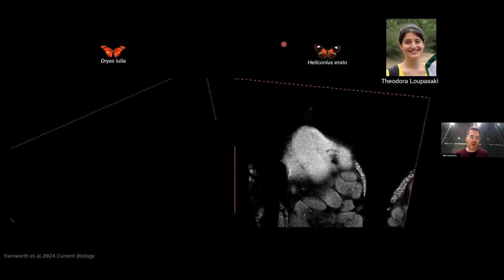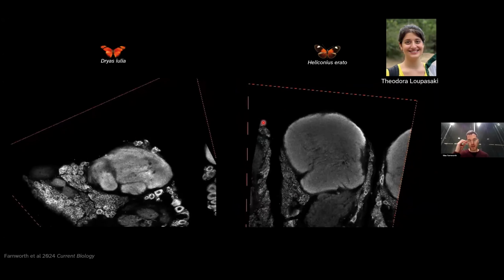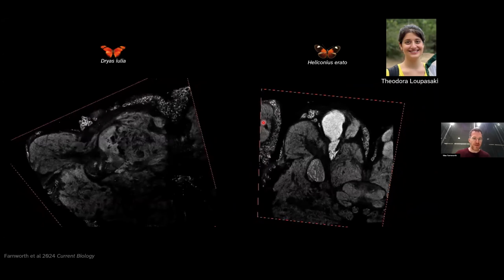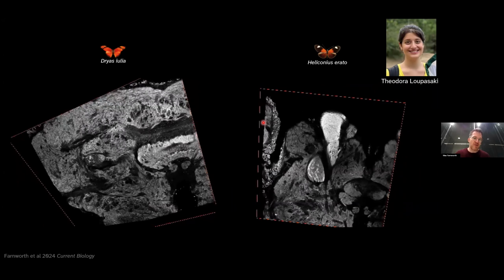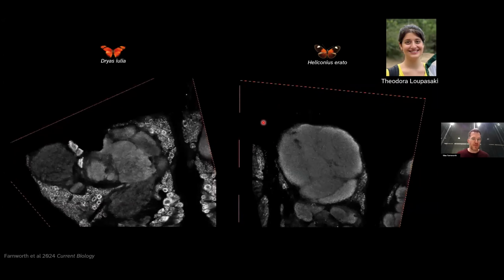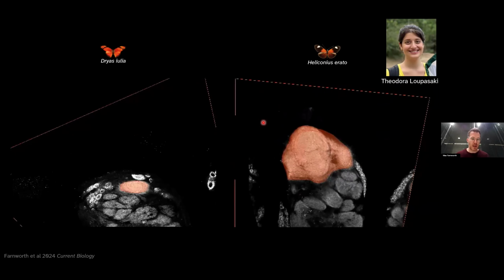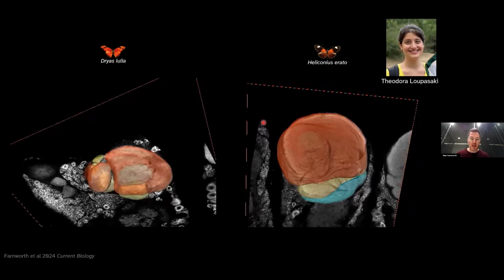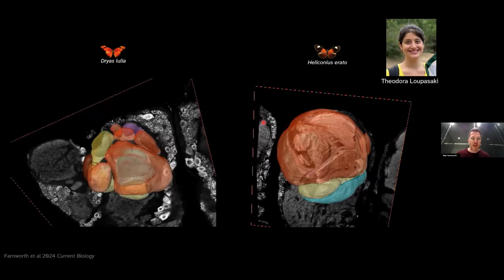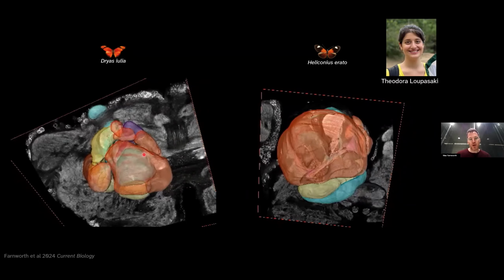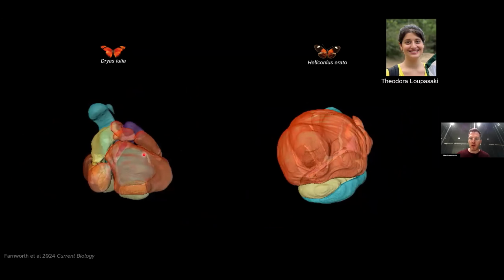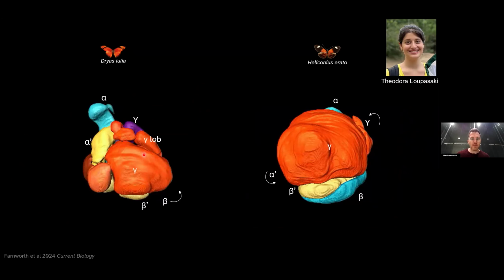And this involved lots of immunostains with the help of Theodora. And it also involved lots of staring at these confocal images for a lot of time. And this is because we needed to really make sense of this anatomy that is super, super different from Drosophila, for example, which is the main neurobiological model in insects, especially. So I had specific anatomical criteria, how to make sense of it and how to homologize which Kenyon cell parts correspond to which domain in these so-called mushroom body lobes. And you can already appreciate the form looks quite different, right?